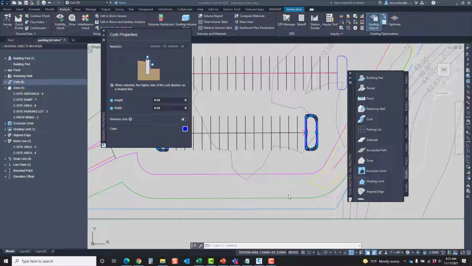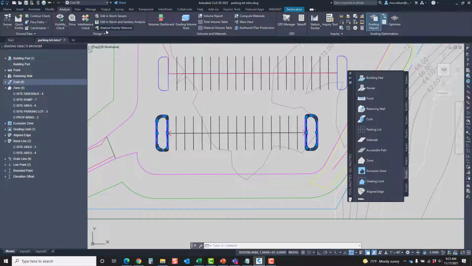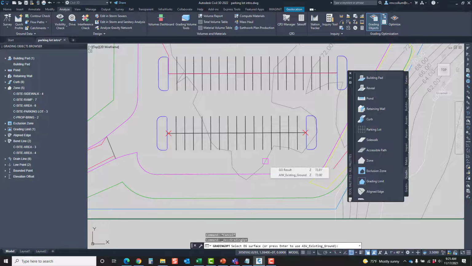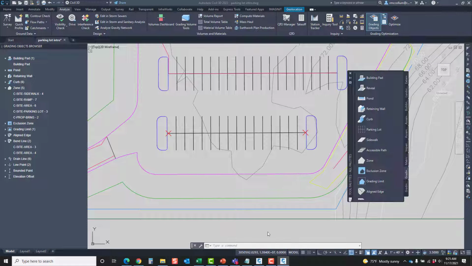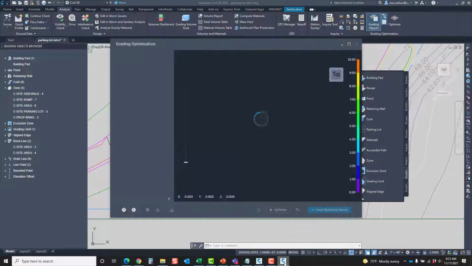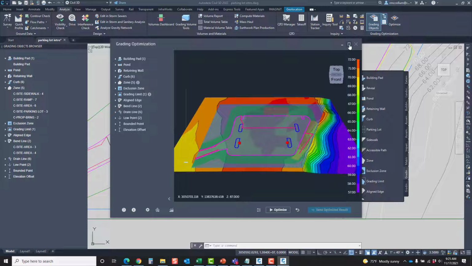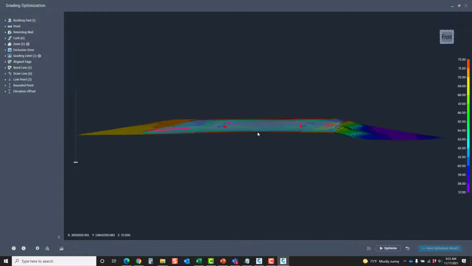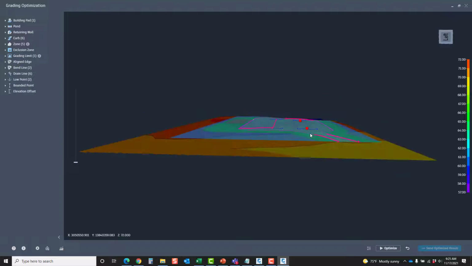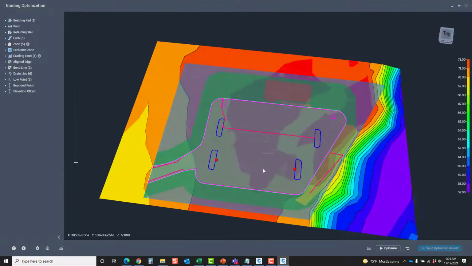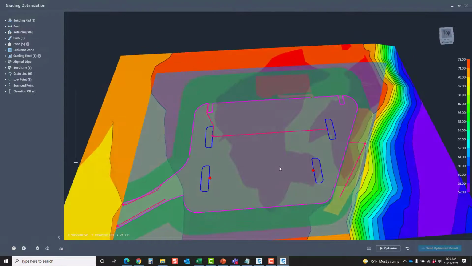So now that I have my grading criteria set, I can launch the Optimize panel, or grading optimization proper, and select an existing grade surface to target against. It takes a second to load, and when it does, it should open up this brand new panel. It looks a bit like the object browser in Civil 3D. So I can grab it, I can turn it, and I can look at it and see that I have